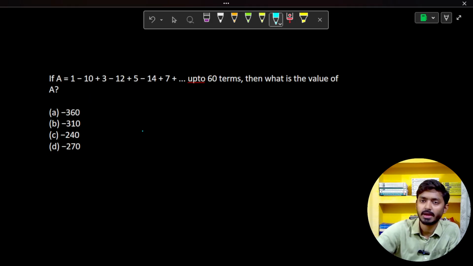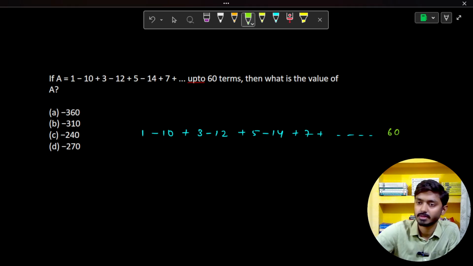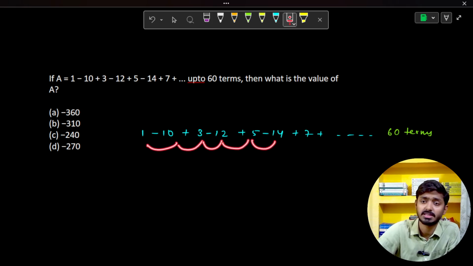Let me write the question. 1 minus 10 plus 3 minus 12 plus 5 minus 14 plus 7 and so on up to 60 terms. Keep this in mind, 60 terms. Again, I can very clearly see this is not an AP. No way this is an AP. But what I can very clearly see is